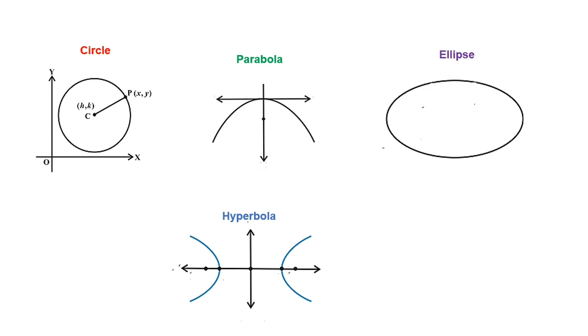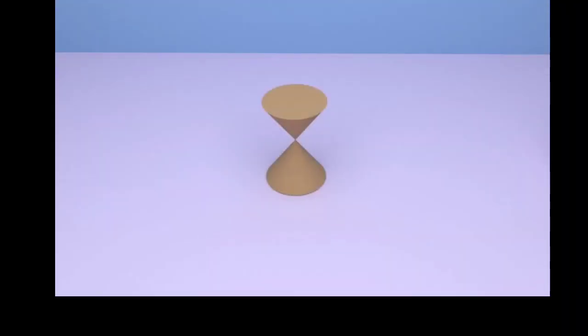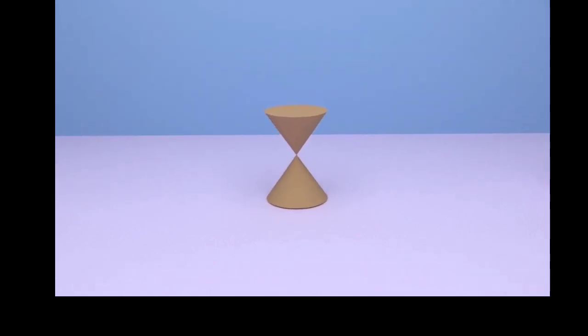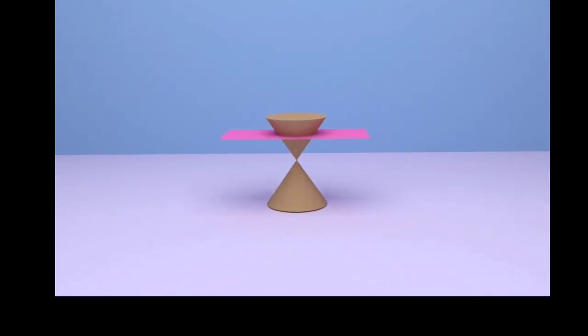In this chapter, we are going to study the common link between all these shapes. The common link is that we can get all of these different shapes when we cut a cone in different ways. Let's see how these shapes are formed from a cone. Here we are going to use a double cone for visualizing conic sections. To do this, we are going to cut this double cone at different angles.